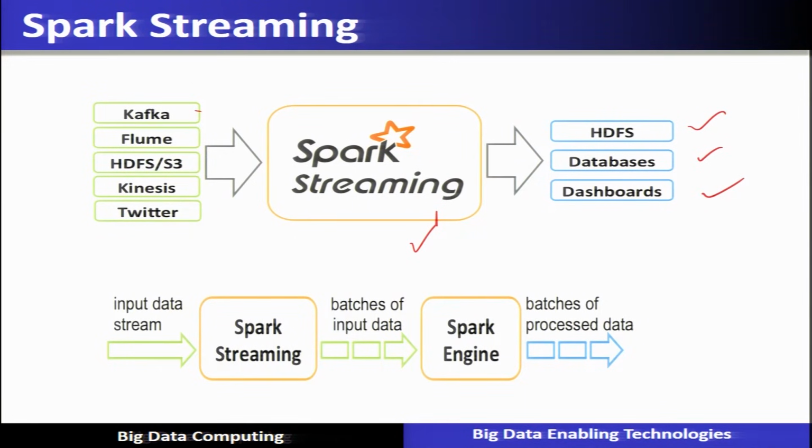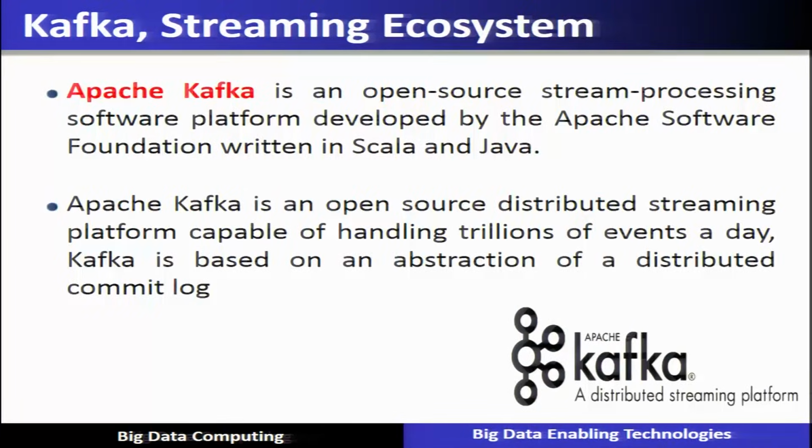For example, whenever a stream, such as a Twitter stream, Kinesis, HDFS, Flume or Kafka, is read as input through Spark Streaming, it will be divided into the form of micro batches. These are micro RDDs, which we will explain later on, and these micro batches will be processed in the Spark engine, and then the processed values are generated as output, either stored in HDFS, databases, or shown on a dashboard, which we will see in more detail later on.